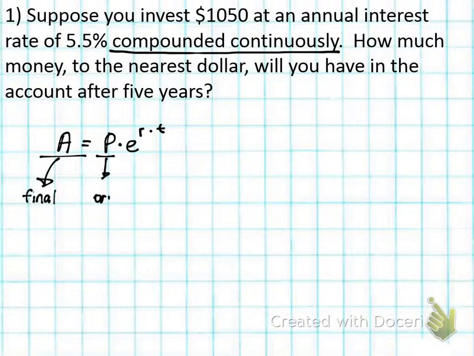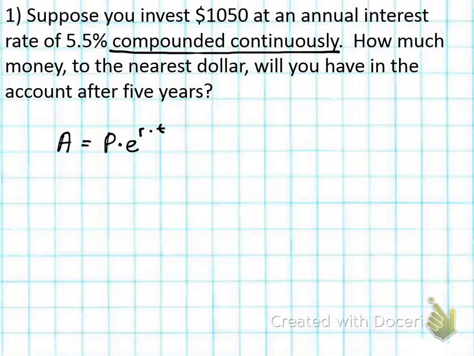P is my initial amount or original amount. Rate is the rate, okay? So in this case, my interest rate is saying 5.5%, right? So I kind of have to think, what is that equal to? And time is how long it takes. Okay, so